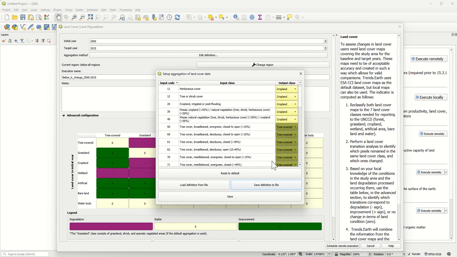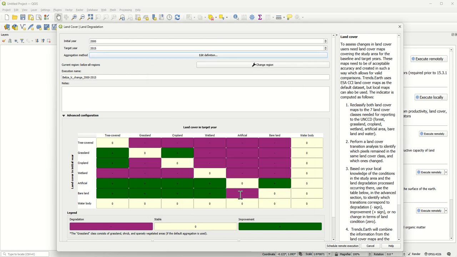Once you interact with this dialog, you can save this definition to a file, so later on you don't have to redo this exercise over again. You can simply load the definition from file. And if you have changed this but you are not satisfied, you can always reset to default.